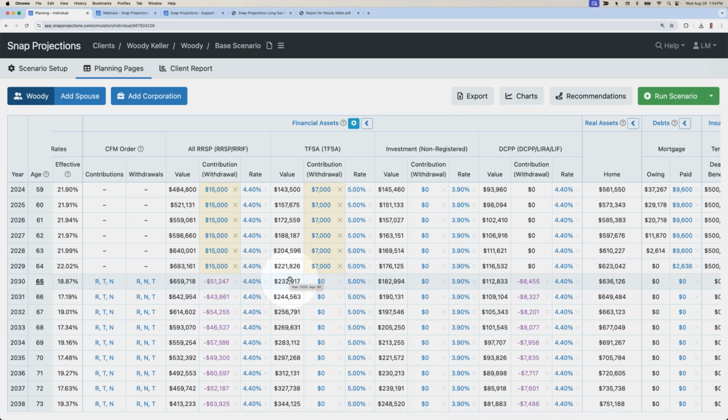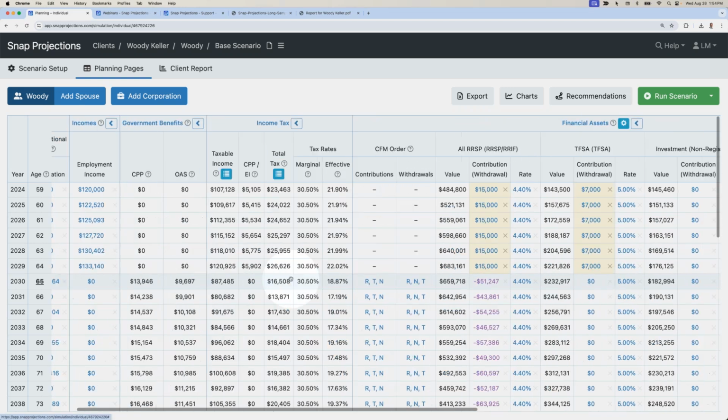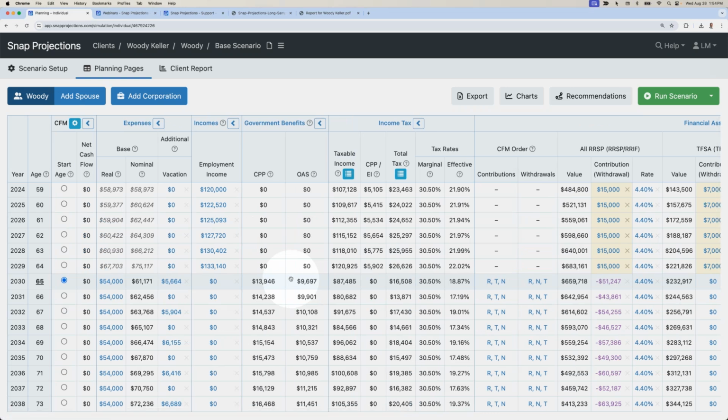Hey, Steve, it's Lee here. Just jumping in quickly. I just wondered if you can highlight the whole grabbing hand versus pointing finger mouse on the planning page. Yes, good idea. So